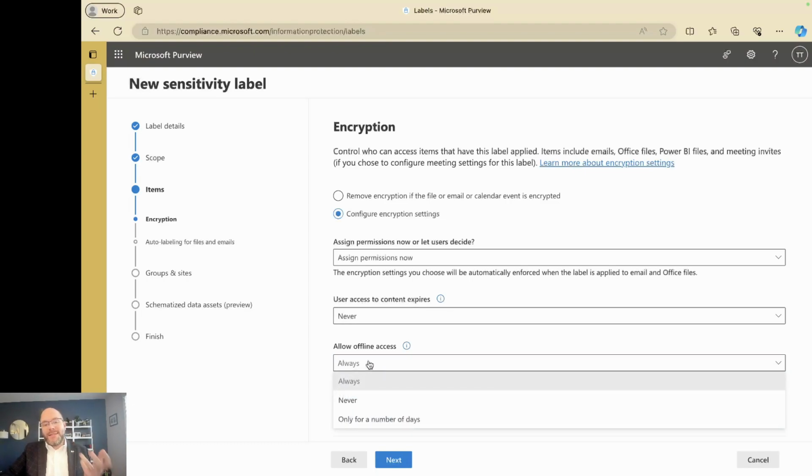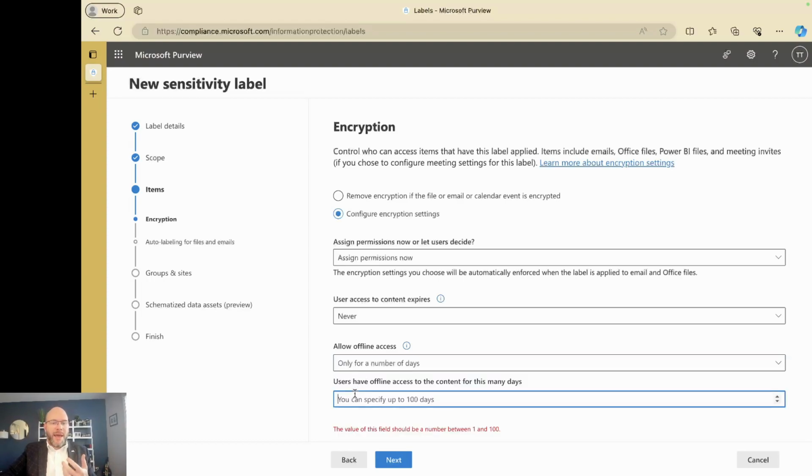Do I want to allow access offline? For this one, we usually say a day. The reason we say a day is because if somebody's on an airplane, if somebody's in the car, they're out at a job site or out doing a service call and they don't have a good internet connection,